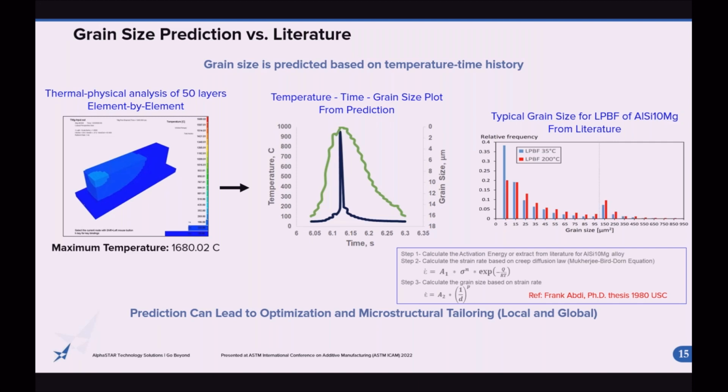Here's an example of grain size prediction. In this case, again, versus the literature. We are getting initial test data from PSU. They're yet to publish their work, so once they have got their stuff ready to go, we'll then be able to compare our stuff to the literature, hopefully in our next presentation round or next set of